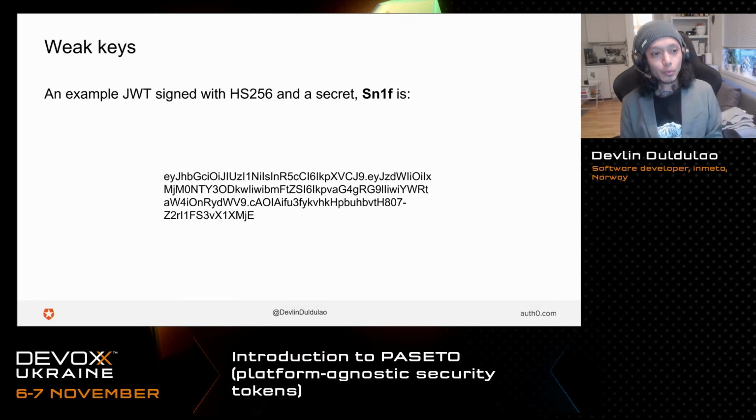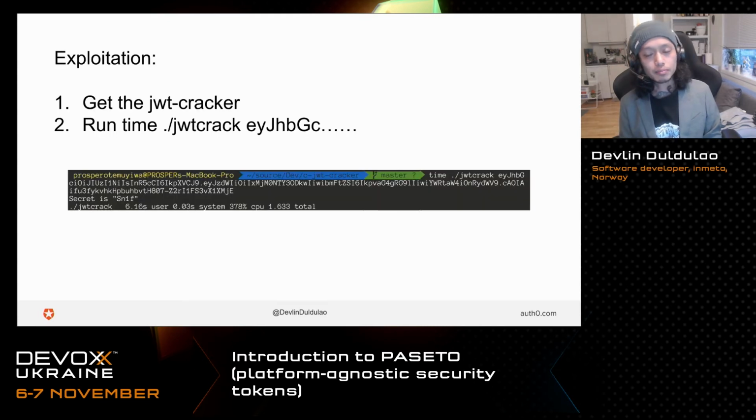It's like SN1F. You can easily do this, I'll show you how. Exploitation here: get the JWT cracker. You can download this, you can find it on the internet. Just Google for JWT cracker, run it, and pass the token, and you can now extract the secret. For example, here it's SN1F. This only takes, I think, 10 seconds,